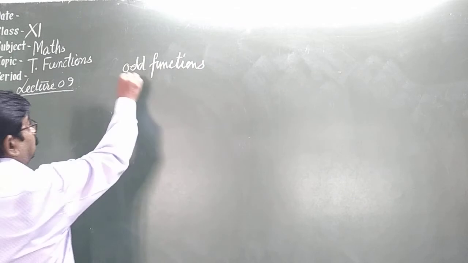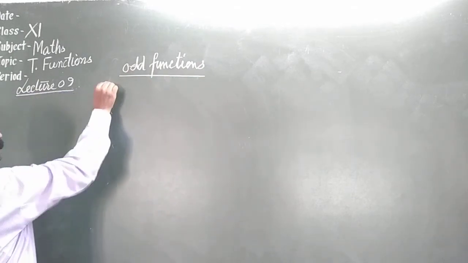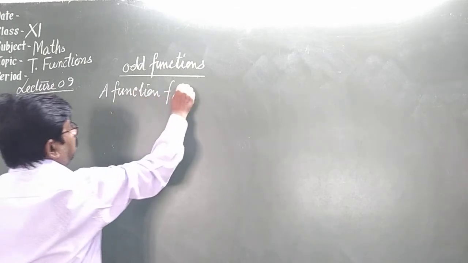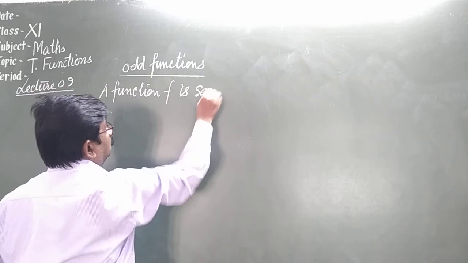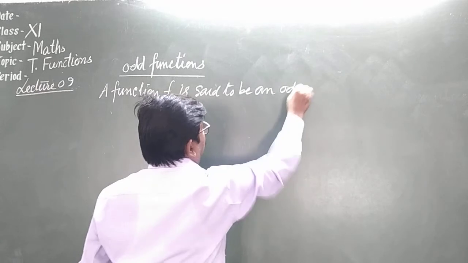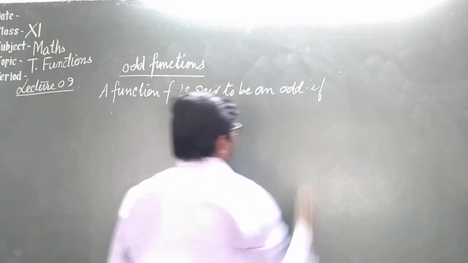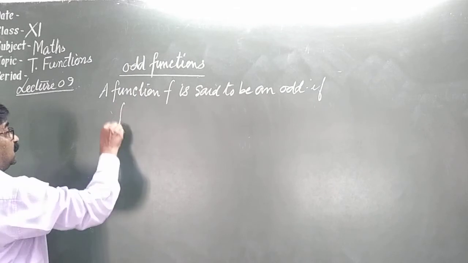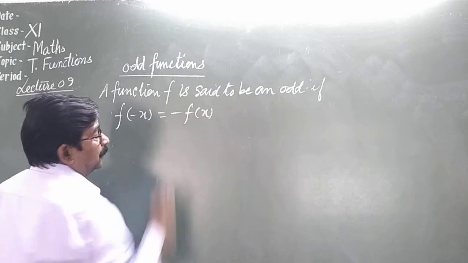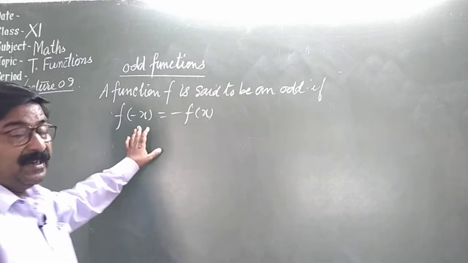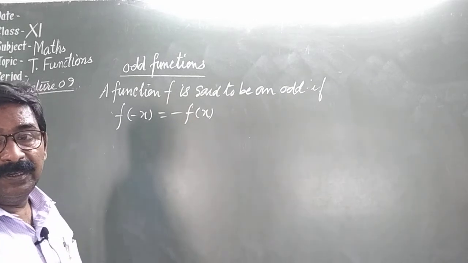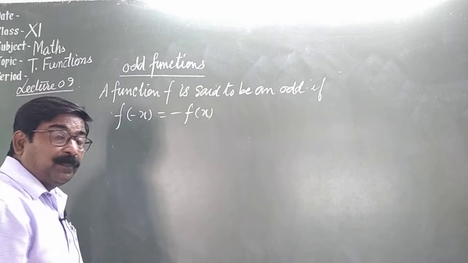Odd functions. A function f is said to be odd if f of minus x is equal to minus f of x. Means if you put the value of x negative, its function becomes negative. For example,